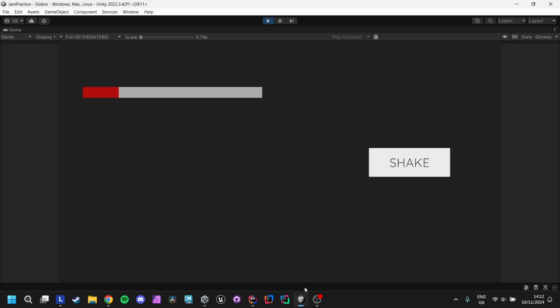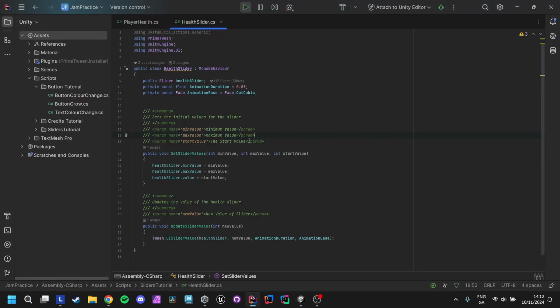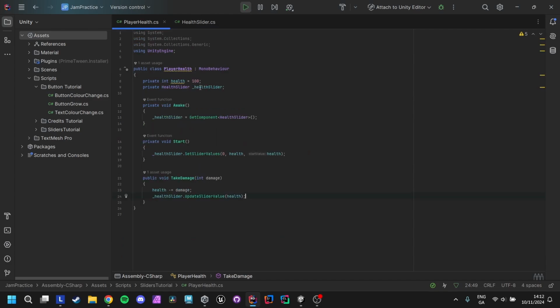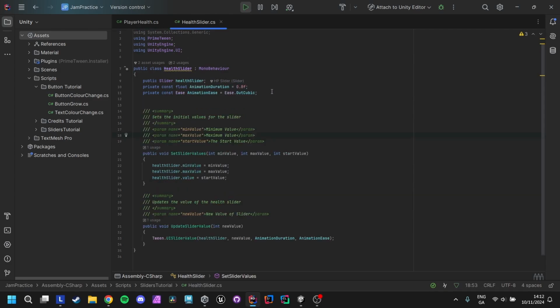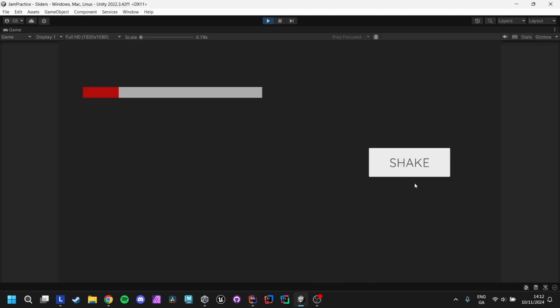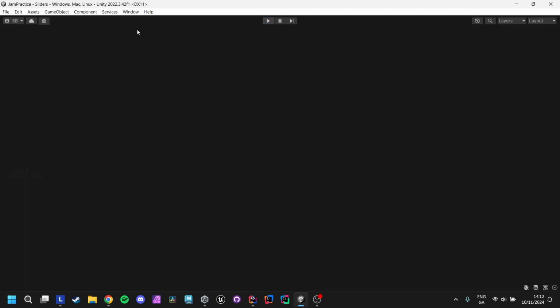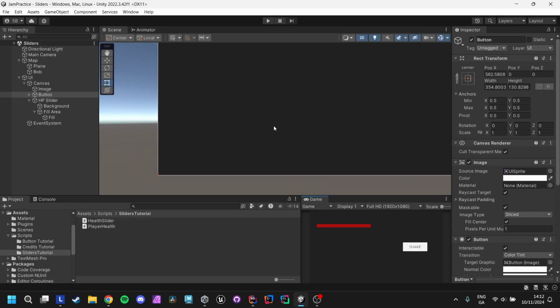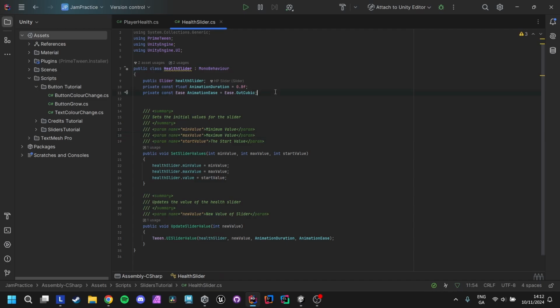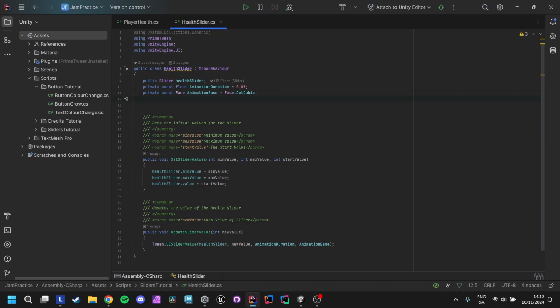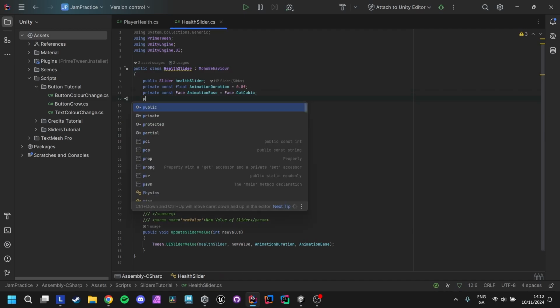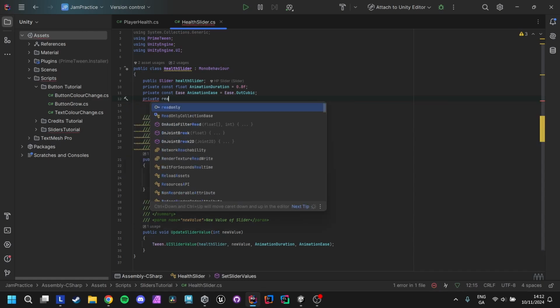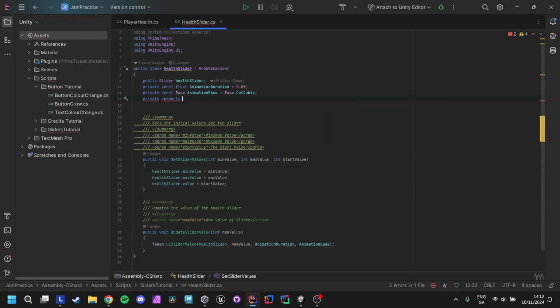Now I'm going to do some slightly more advanced animations that you can do. Now that this is done, we're going to add a punch and a shake. A punch is like every time I update this, it punches up, and a shake is like the slider will shake to give more feel to it when you're taking damage. So what we can do for that is Prime Tween has shake settings. First we want to do private readonly, if you only want one constant, shake settings,